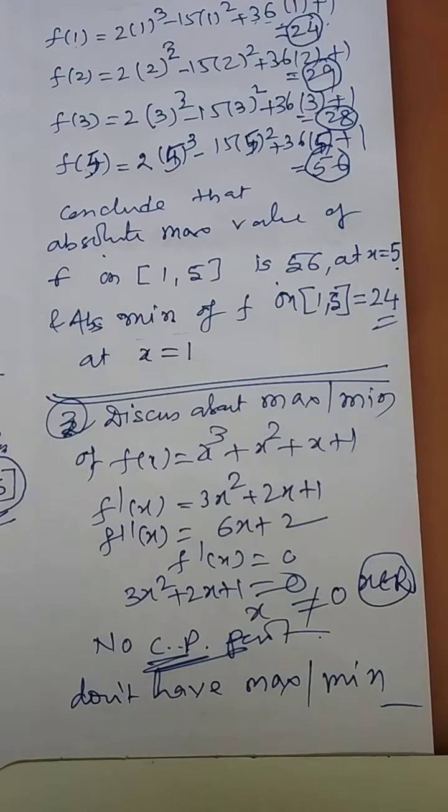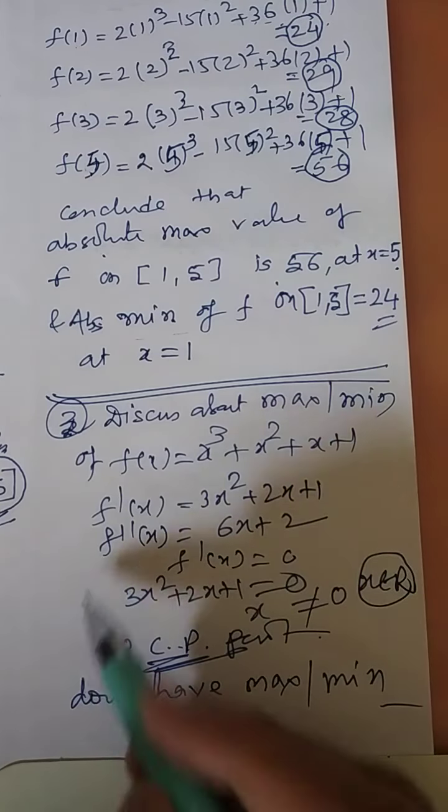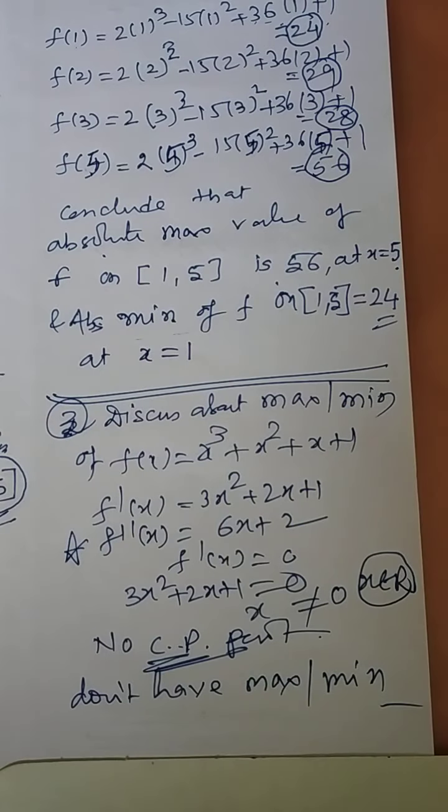So these are the three types of questions. Once you get the critical point, you put that critical point in the function and talk about the boundary points for absolute maxima, absolute minima. If there is no critical point, we should not talk about it further. So these are the three types of questions. I am going to share two more concepts.